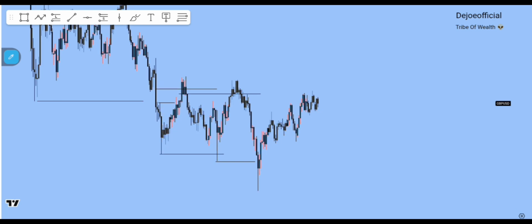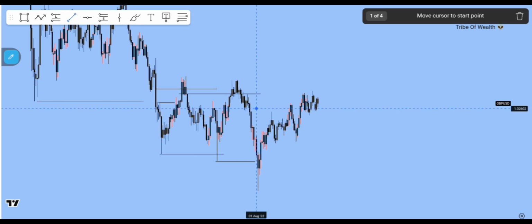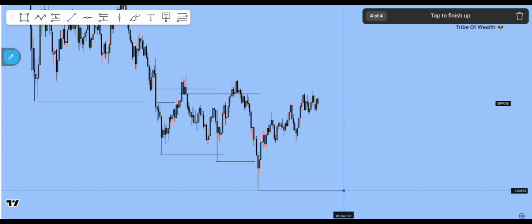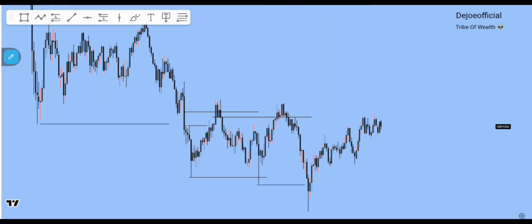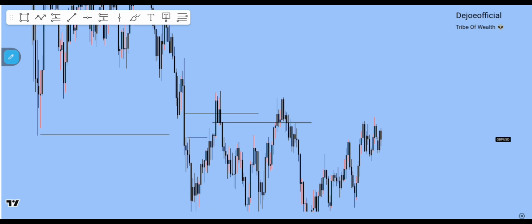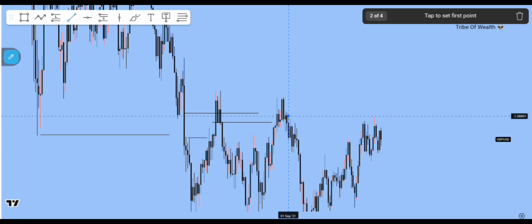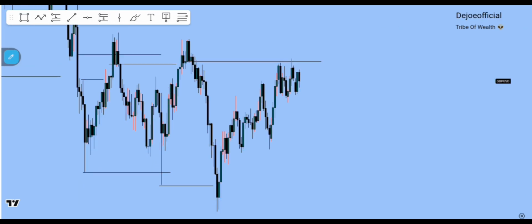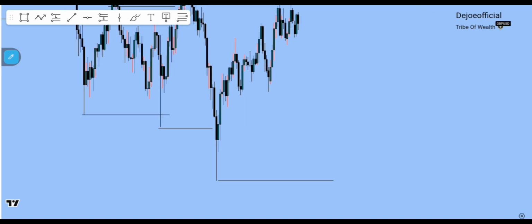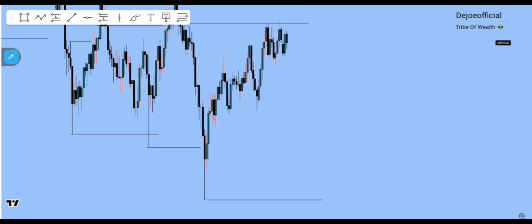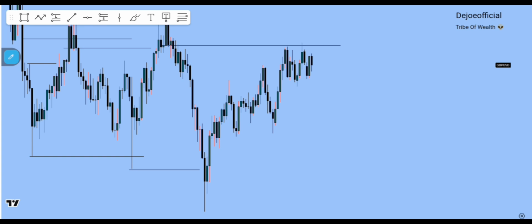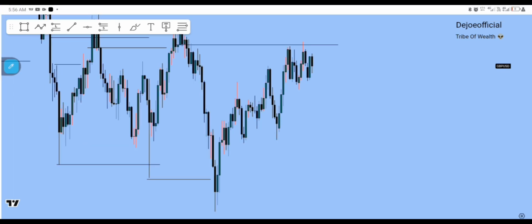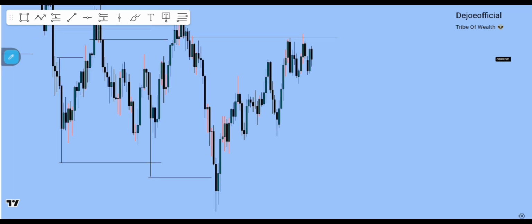It means that GBPUSD has been bearish on the monthly time frame, and I'm also expecting it to take out this particular low again. As you can see on GBPUSD, it is currently reacting from this other block here. So I'm expecting it to also dump and then take out this particular low. So this is my view on the monthly time frame. Going down to the weekly time frame.